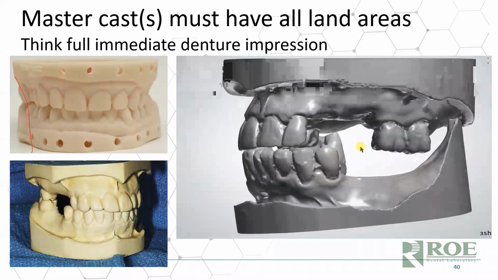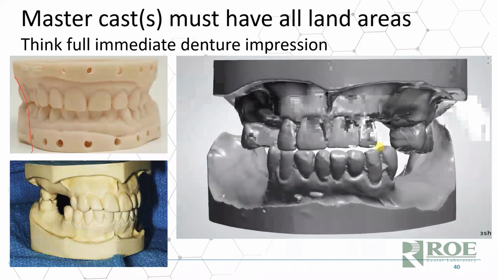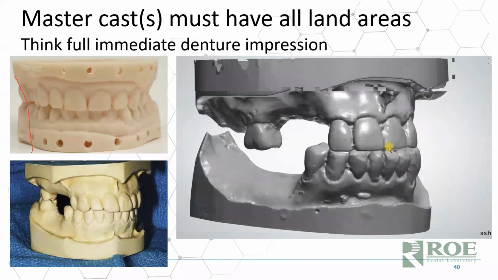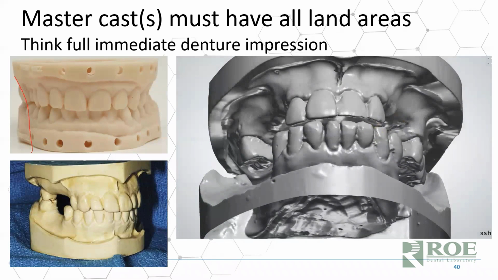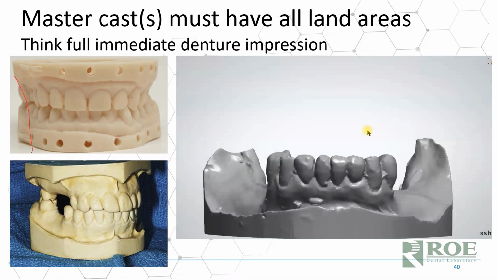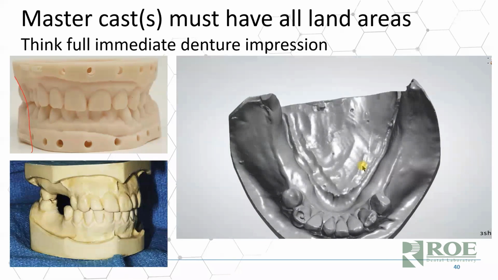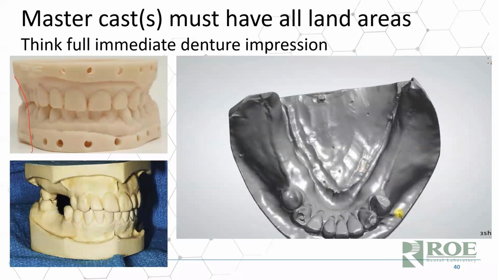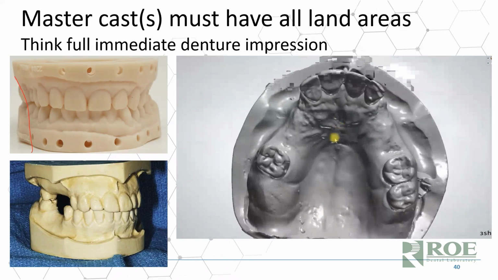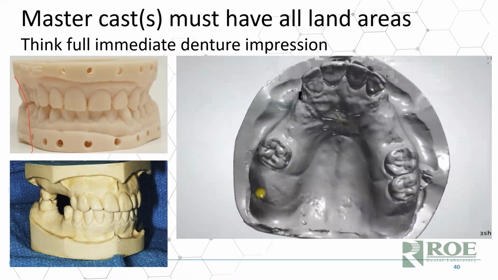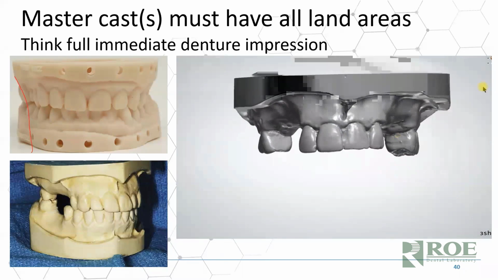One thing important about the casts, either the casts or the digital impressions or the impressions that you send in, is that they involve all of the land areas. You want to capture, imagine you're taking an impression for a denture, right? An immediate denture, because essentially you are. Most of these cases, the doctors order a backup denture just in case things don't go perfectly during the surgery. So you want the vibrating line, the full roll,